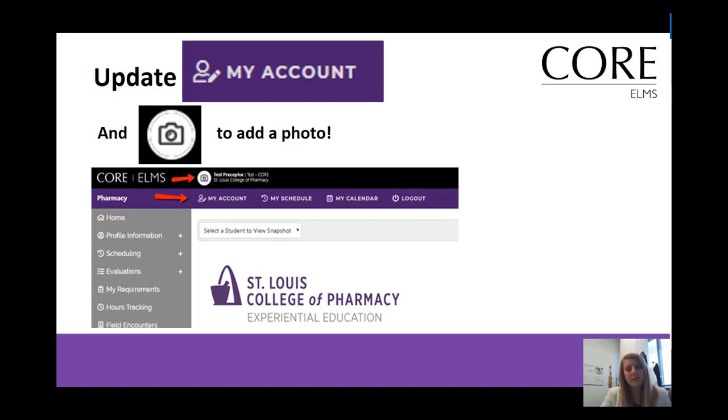It also contains a list of activities that students may complete at your site. Remember, if you do have an address change, it will require immediate notification if you have a current student, as we are required to get all new addresses approved by our Missouri Board of Pharmacy. So you can update on Core ELMS, but if you have that student coming up soon or right away, let